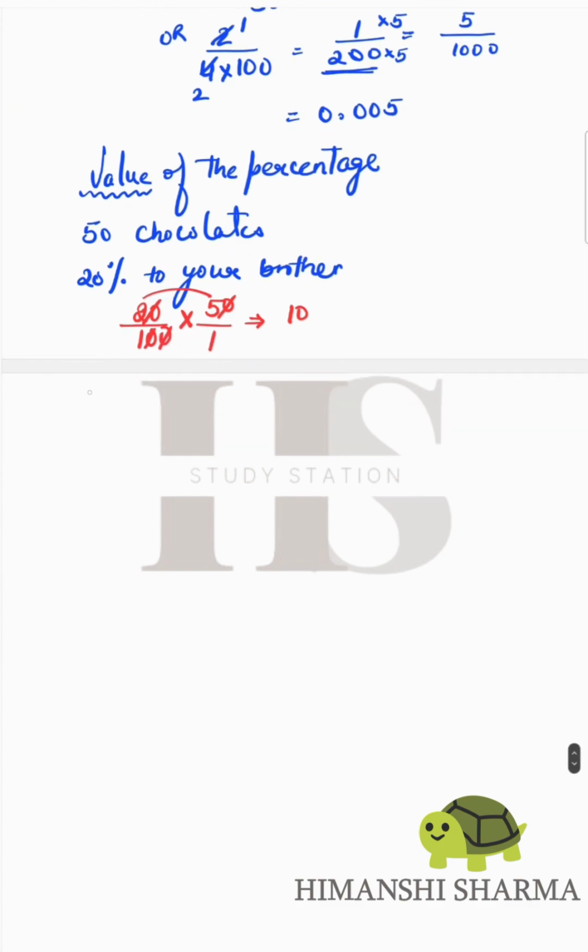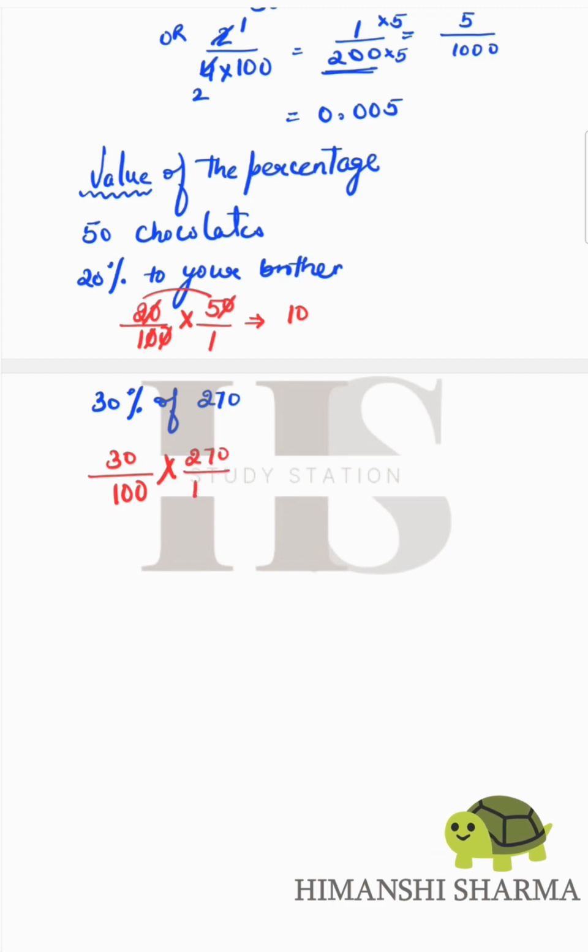Let's take another example for better understanding. Here, let's consider I have to find 30% of 270. So same चीज हमें यहाँ पर करनी है. I know कि 30% means 30 out of 100. Of means multiply 270. 30% हमें किसका निकालना है, 270 का निकालना है। बार बार मैं आपको बता रही हूँ, these total values they are always taken in the numerator and that is the reason कि मैं बार बार यहाँ पर डिनोमिनेटर में 1 लिख रही हूँ, so that आप लोगों को confusion ना हो।